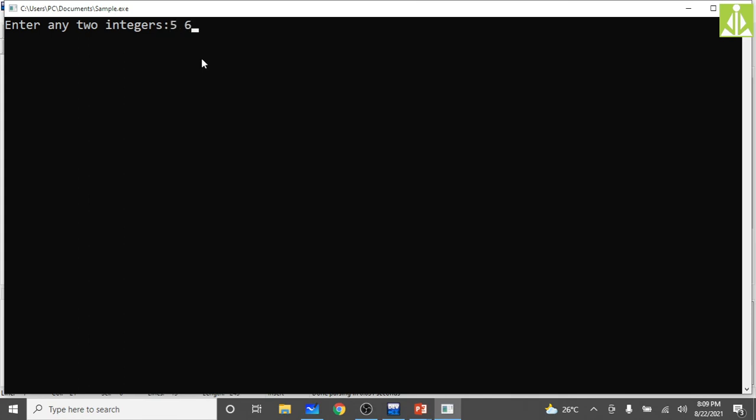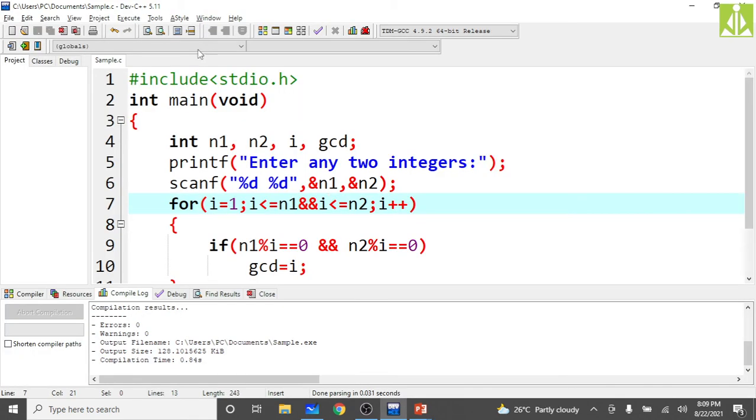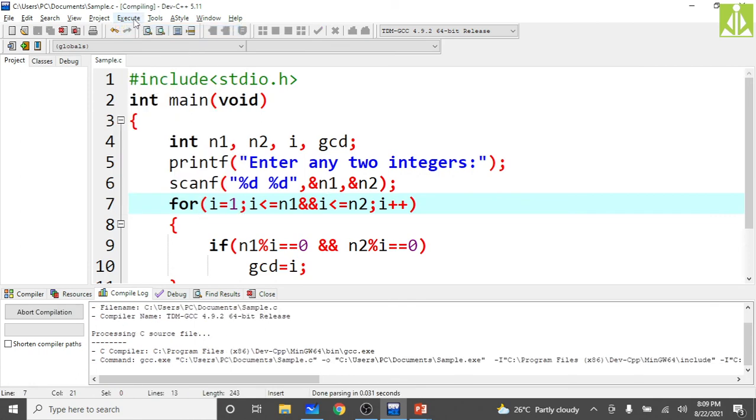If I give 5 comma 6, clearly we can say that the maximum number which can divide these two numbers is 1 only, because no other number can divide these two numbers perfectly. So the GCD of 5 and 6 is 1 only. Take any two numbers like 12 and 24.